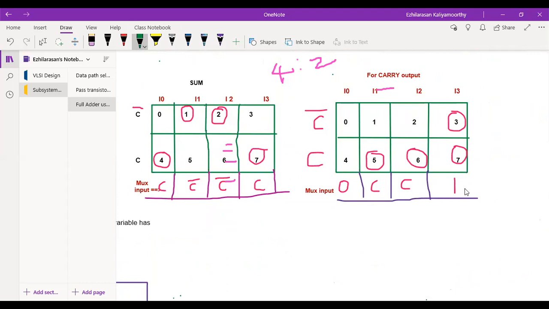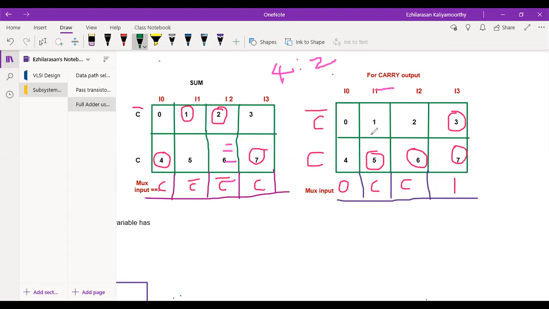Next, the very important part: for carry, when will the carry generate from the truth table? It's nothing but 0, 1, 1, carry will generate; 1, 0, 1, carry will generate; 1, 1, 0, carry will generate; and 1, 1, 1. Let's think simply: the carry will generate if more than one 1 is there. If more than one 1 appears, then the carry is automatically generated. So now I have encircled those entries.